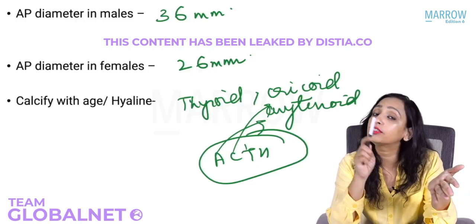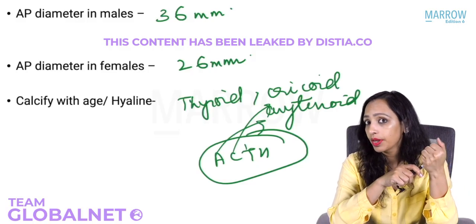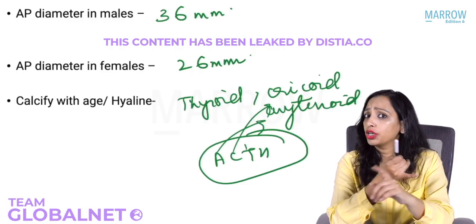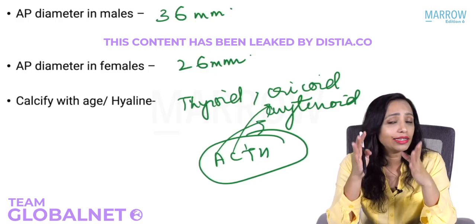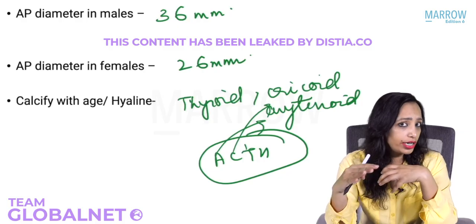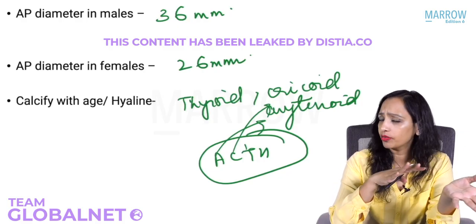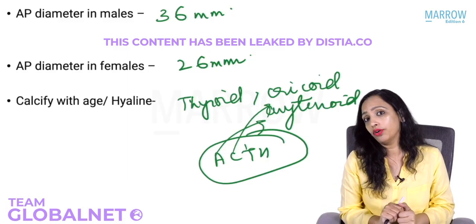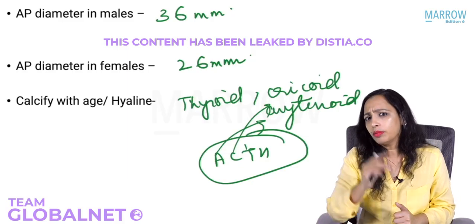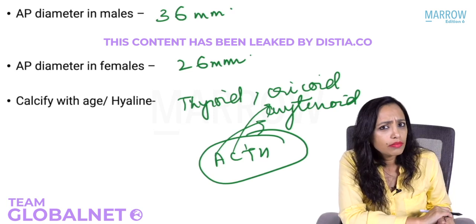Which are tensors of the vocal cord? Yes, tell me which one increases the tension? Cricothyroid. Which one decreases the tension? Vocalis. Vocalis is a part of which muscle? Thyroarytenoid. Inner part of thyroarytenoid or outer part of thyroarytenoid? Inner part. Tell me the function of thyroarytenoid. Tell me the function of lateral cricoarytenoid.